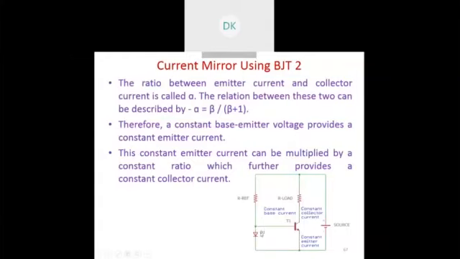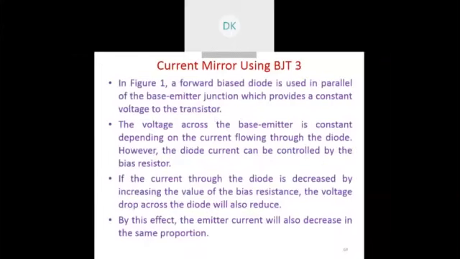So what we are doing here is a current mirror technique: providing a voltage here and obtaining an output current here. If there is a change in the input voltage, there will be a change in the output current. That means a copy of the input current is copied to the output terminal, multiplied by beta, where beta is the common emitter current gain. This method is called a voltage to current converter or current mirror circuit diagram.